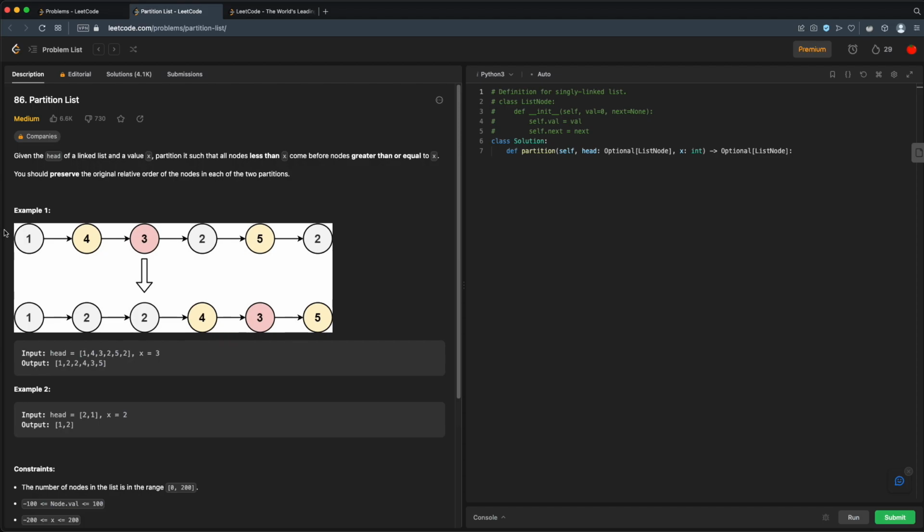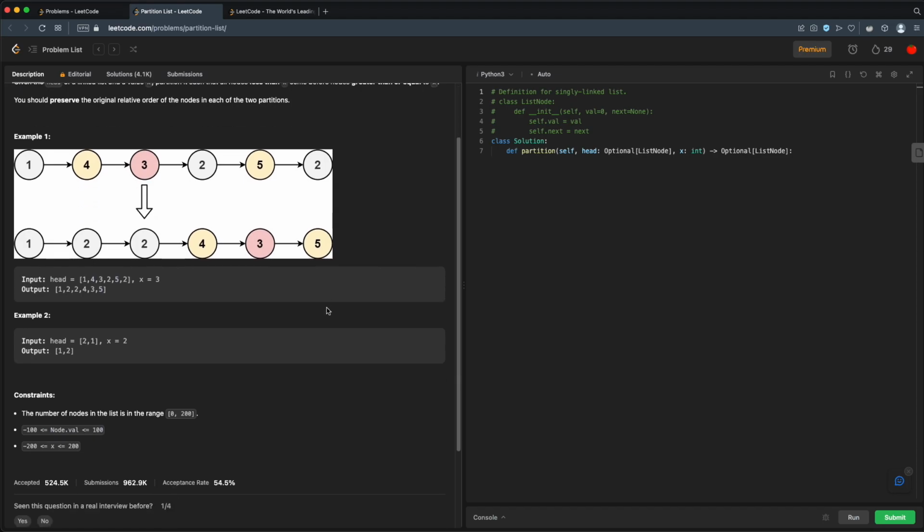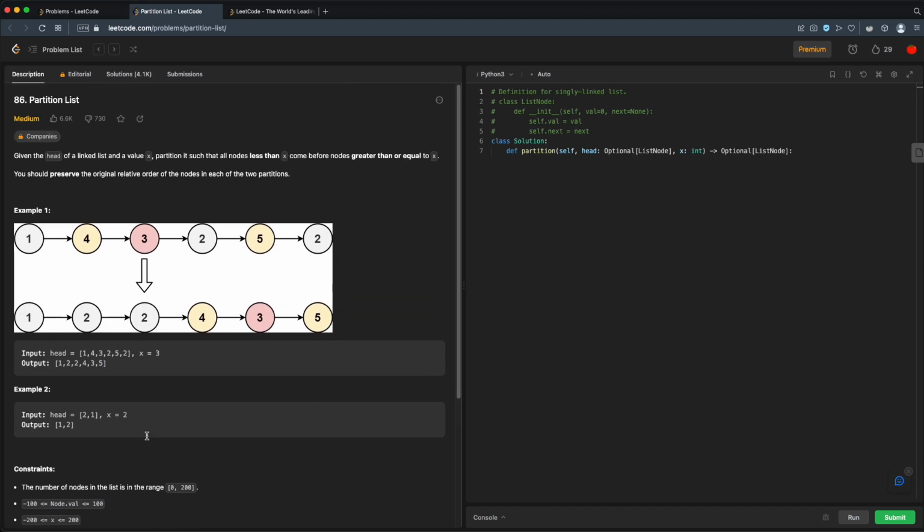Okay, so in the example here, the input is 1, 4, 3, 2, 5, 2, and x is 3. So everything less than 3 is on the left. Everything greater than or equal to 3 is on the right. So we have 1, 2, 2, and that maintains the order, and 4, 3, 5 maintains that order. Okay, some constraints, but I think this is fairly straightforward, so we'll put 25 minutes on the Pomodoro timer, and